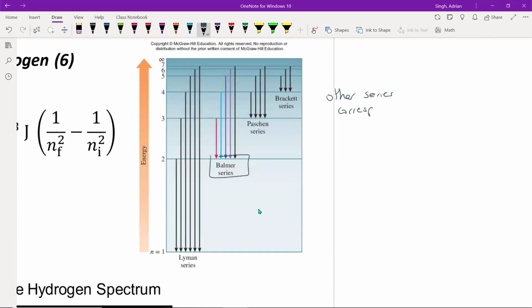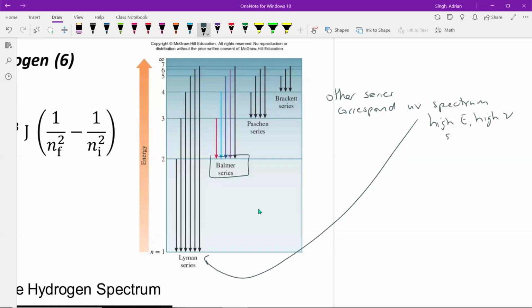So the other series correspond to the ultraviolet part of the spectrum. So like down here, for example, where there's a huge amount of energy. So high energy, high frequency, really short wavelengths of light. So we can't observe those with our eyes. Or they correspond to the infrared, the IR end of the spectrum, where we have low energy, small frequencies, which correspond to longer